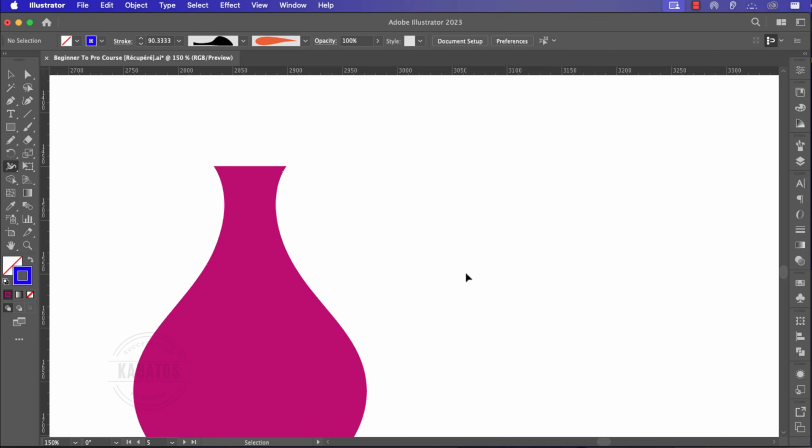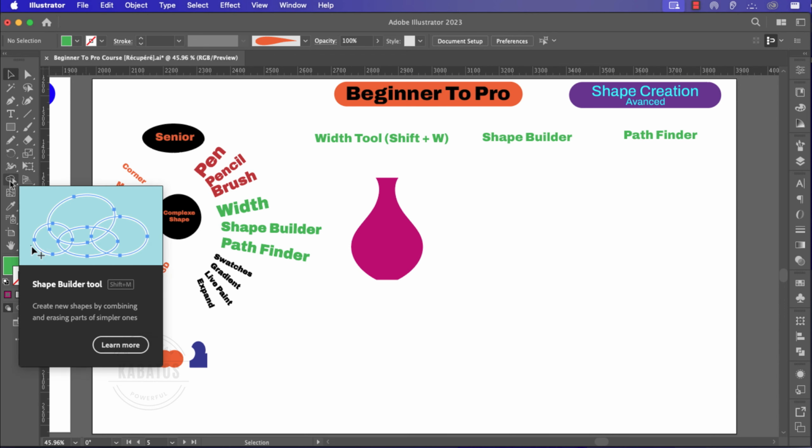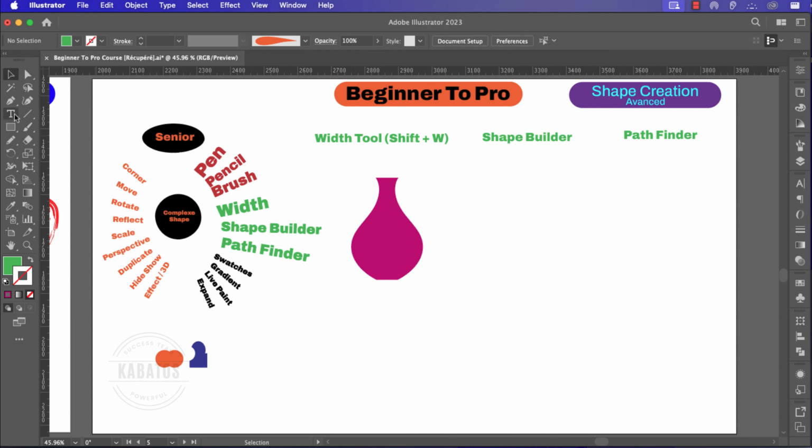Let's go for the next. Shape builder tool. Okay, it is this tool. This is shape builder tool. To use it, you can hit Shift M. Okay, this is the keystroke here. Okay, if I create two shapes, when I select both, I can use shape builder tool to make them like that,